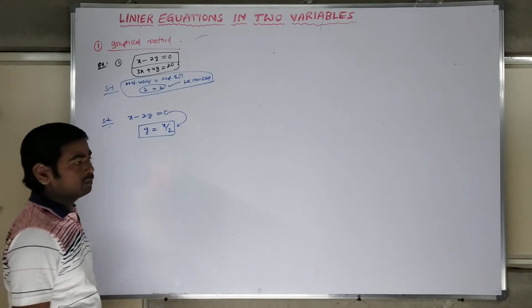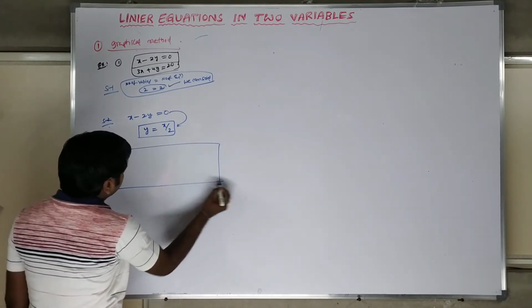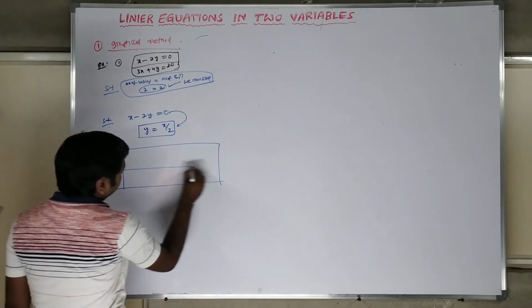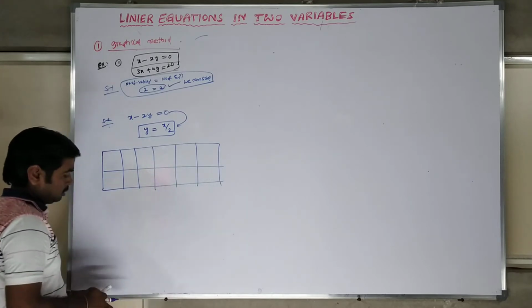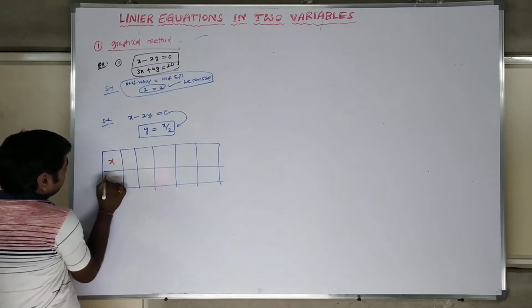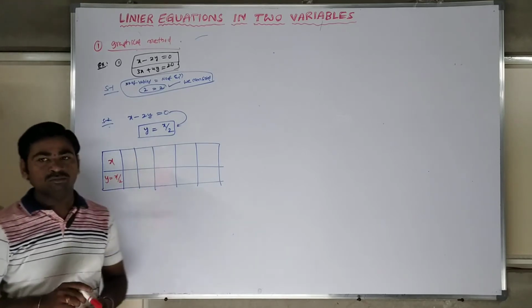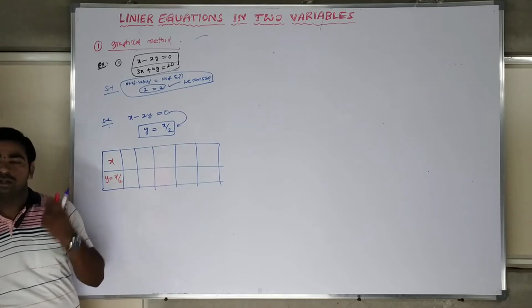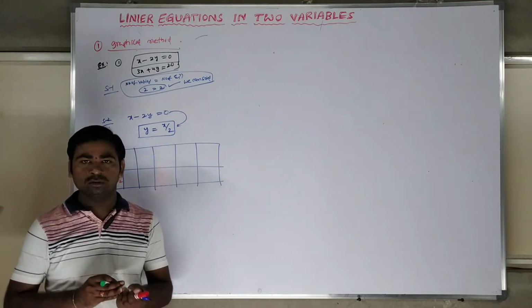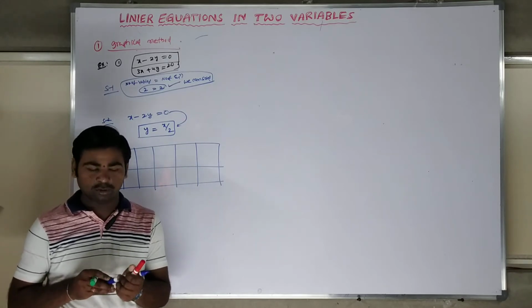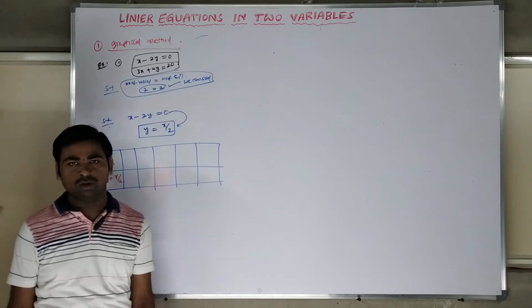For this we can fill up one box. The box filling is a little important. In this, how to fill the box is a little important. For the corresponding x values, I am writing y is equal to x by 2. What values of x should I assume? We will ask the question. No need to memorize the values. Please don't follow that. Directly use the logic, and it will work out here.